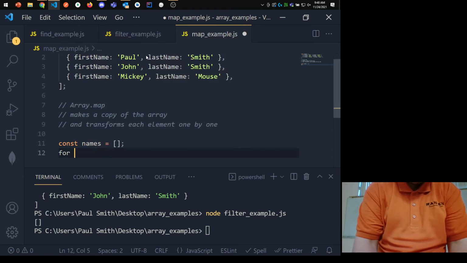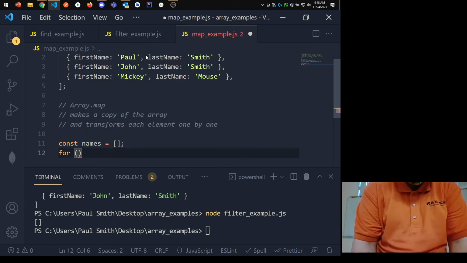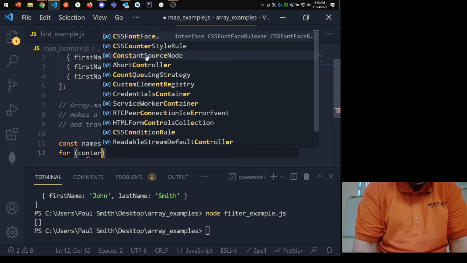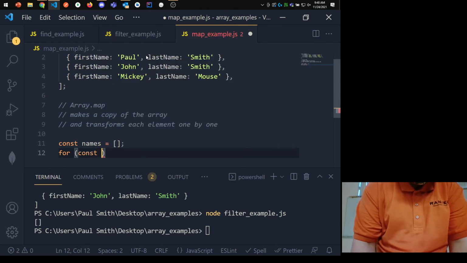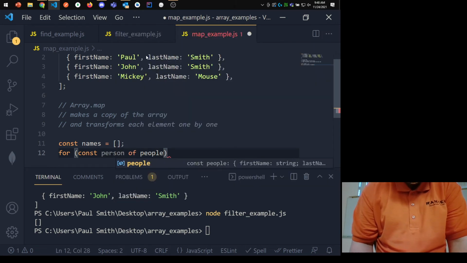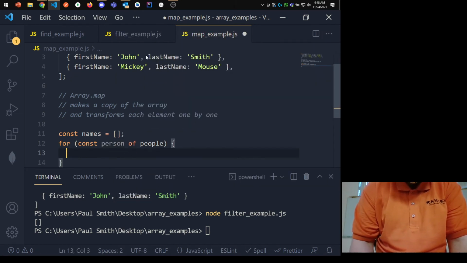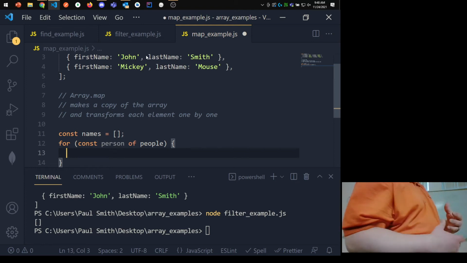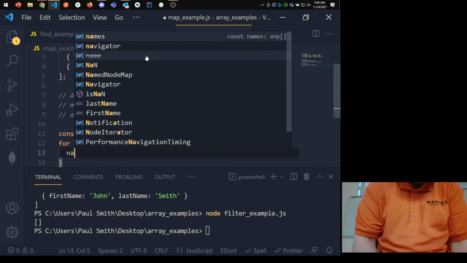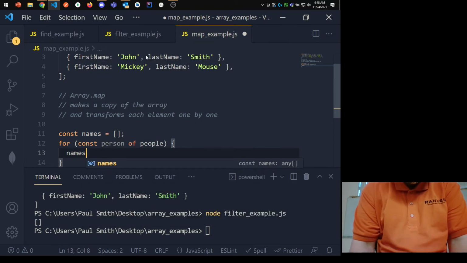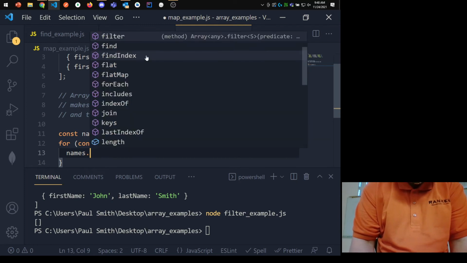I'm going to loop through the elements one by one. So const person of people, and so I want to say names.push,